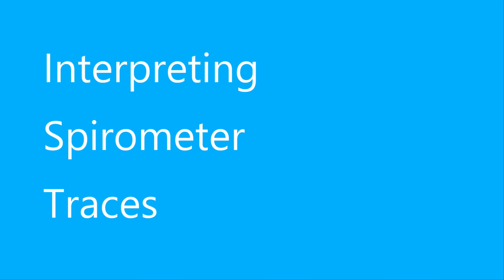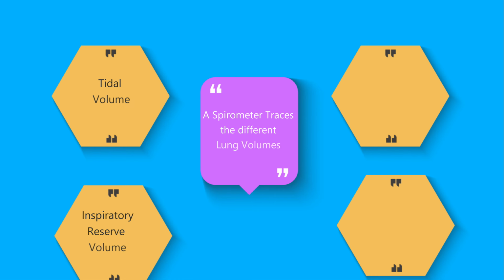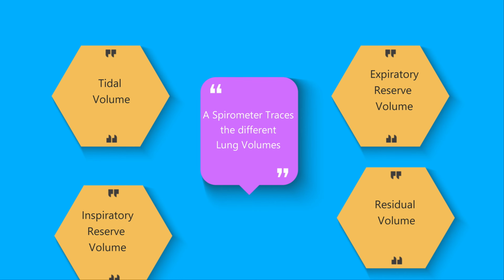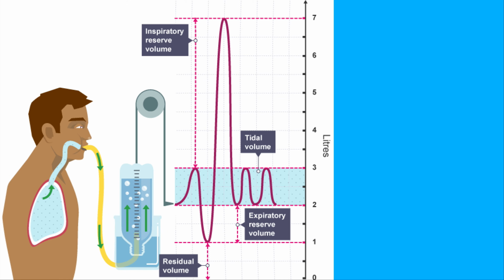In this nugget, we're going to learn how to interpret spirometry traces. A spirometer traces the four lung volumes of tidal volume, inspiratory reserve volume, expiratory reserve volume, and residual volume. A spirometer is a device which tracks the lung volumes and then produces a trace, which is what we're learning about today. As you can see, there is a man who is hooked up to the device, and as he